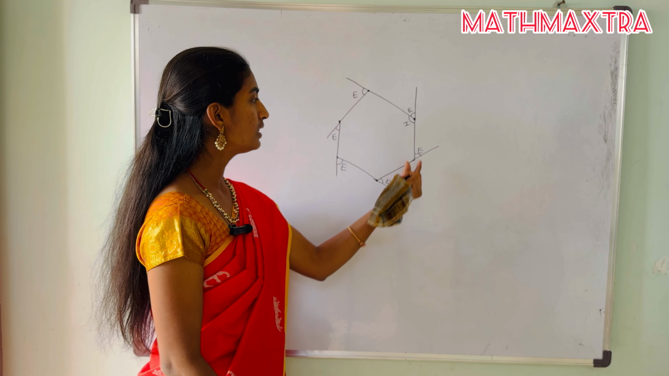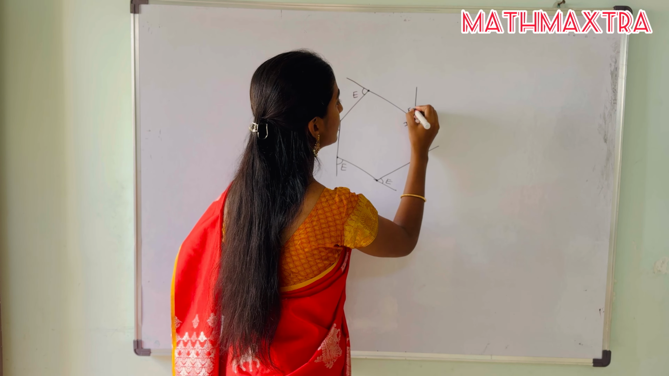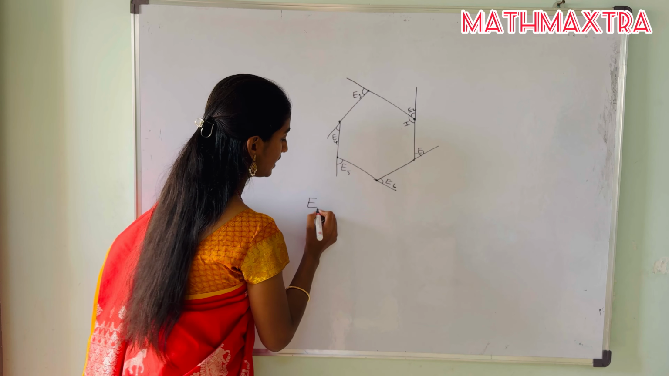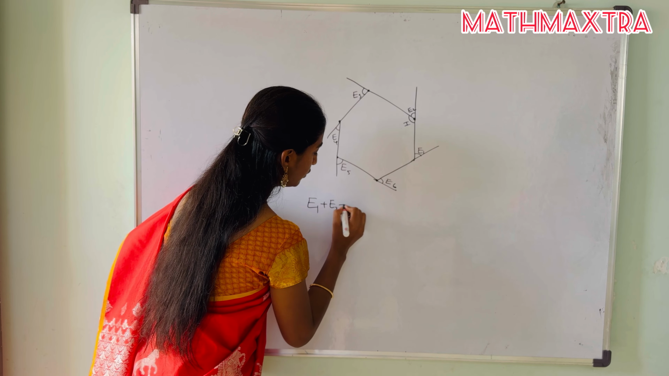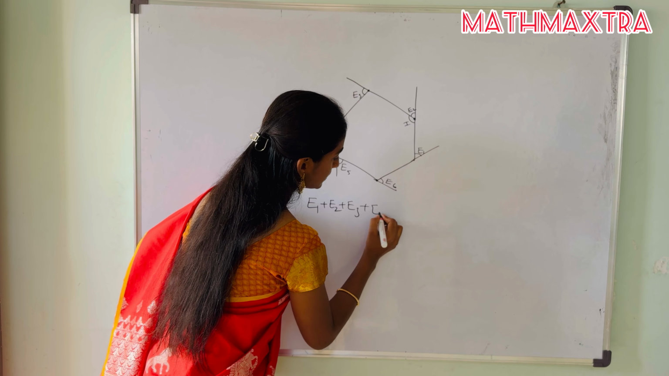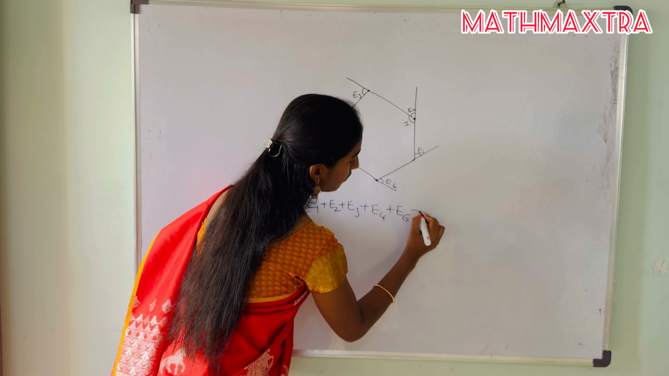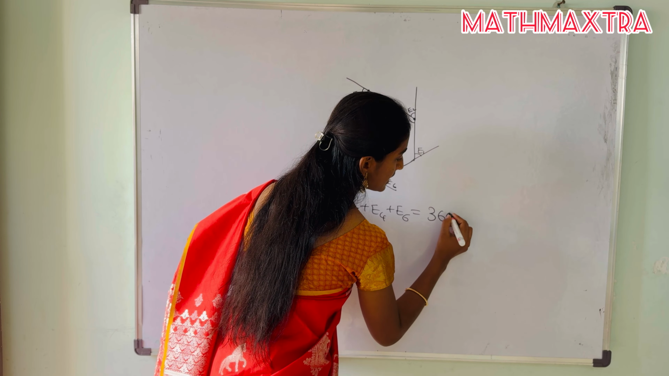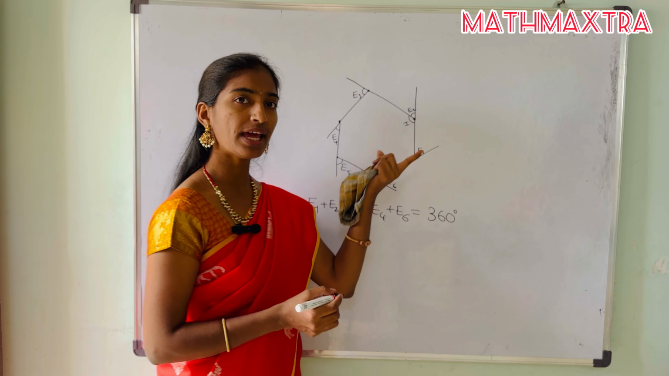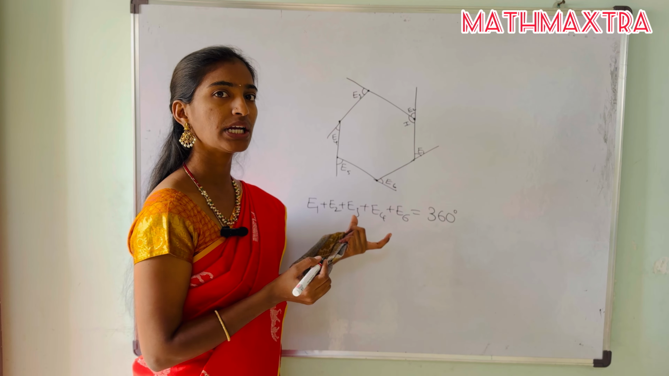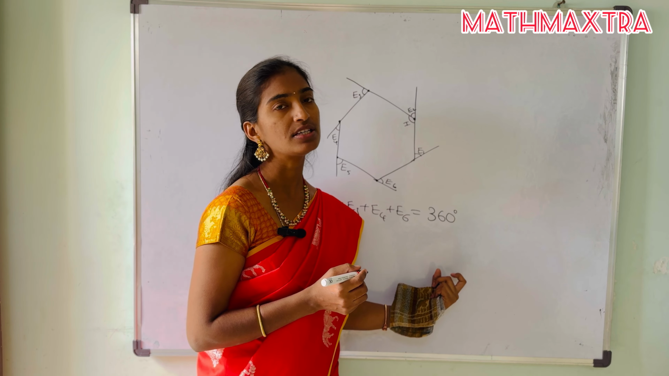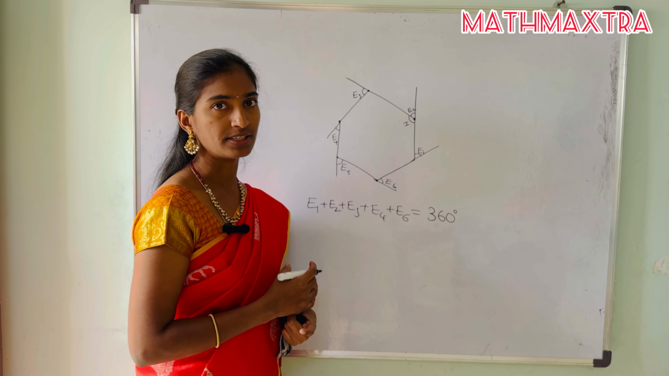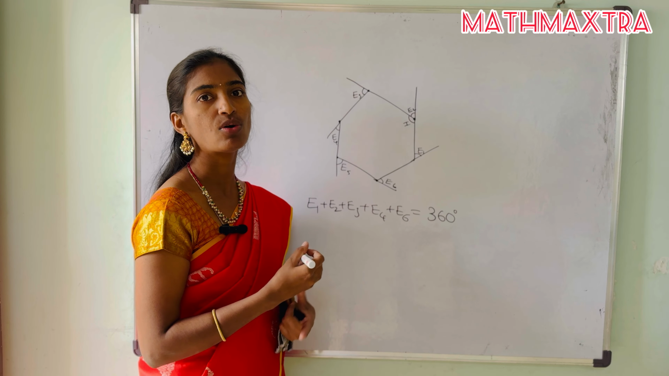So for the sum of all these exterior angles, let us consider E1, E2, E3, E4, E5, E6. The sum of all exterior angles is nothing but E1 plus E2 plus E3 plus E4 plus E5 plus E6, which is always equal to 360 degrees. Here we have considered a hexagon. If you consider a pentagon also, the sum of all exterior angles is always equal to 360 degrees only. So whatever the type of polygon, the sum of all exterior angles is always equal to